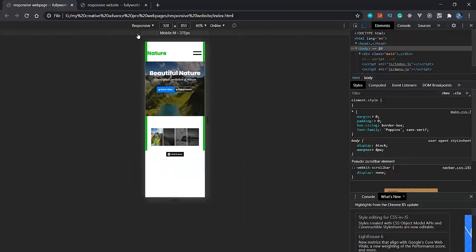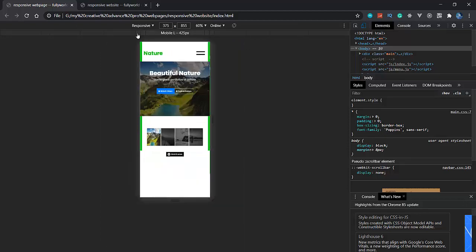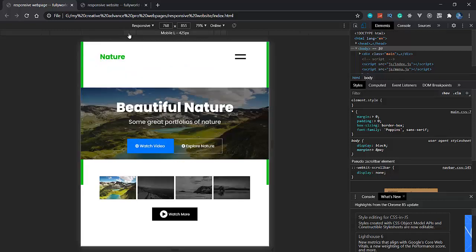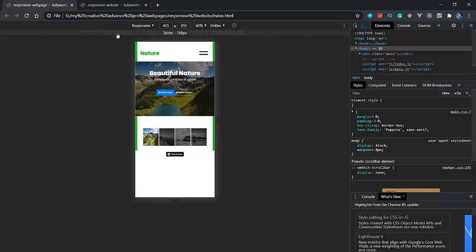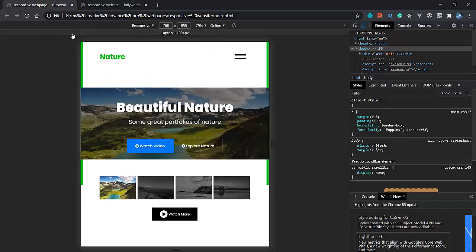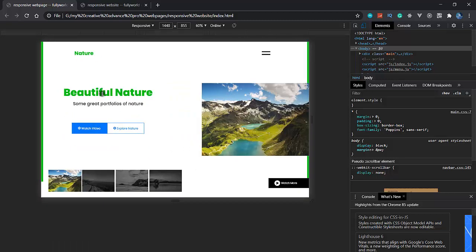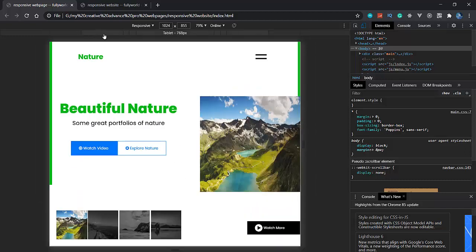First we need mobile at 320 pixel, and after that we need 425 pixel and then 768 pixel, and we have 1026 pixels also, and originally we have 1440 pixels. So let's go to our coding section and let's start making our website responsive from 1026 pixel as the width. So let's get started.